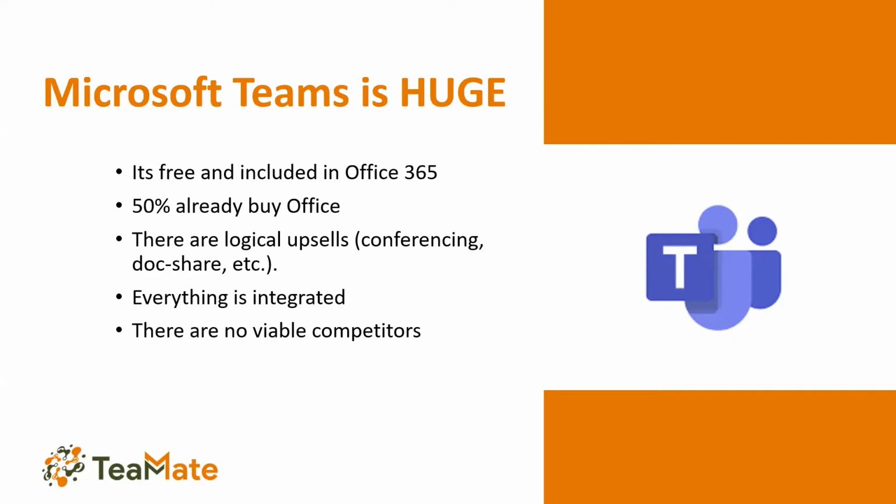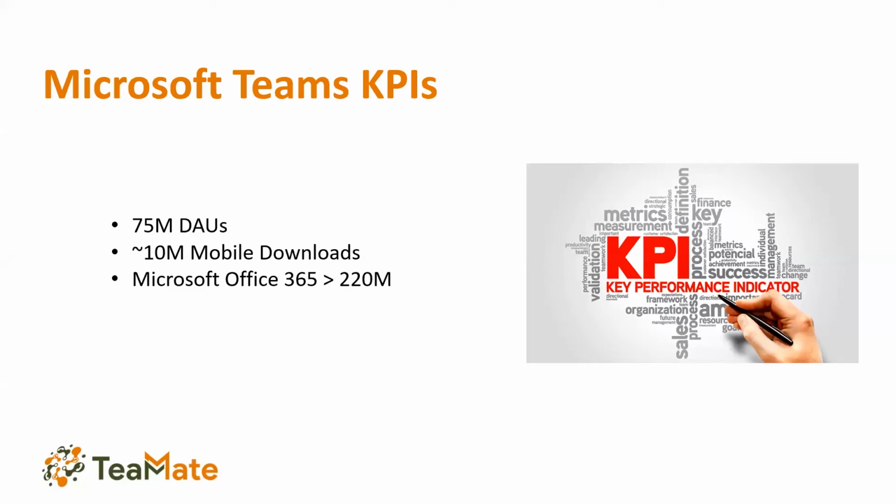Persistent chat, the entry point for Teams, is really important within organizations. Globally, about 50% of business users around the world buy Office. A lot of them have moved to the cloud version, Office 365 with Teams. Microsoft seems to have a unique set of features and products already that they've very nicely wrapped into Teams. Through February, there were about 2 million downloads of the Teams mobile application, and now that's up to about 10 million. I think that might have been through May numbers I found. COVID has accelerated it dramatically.